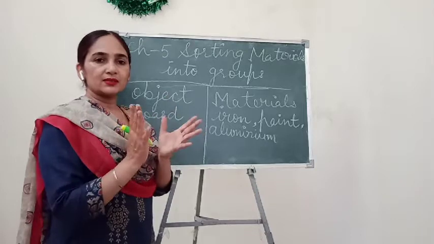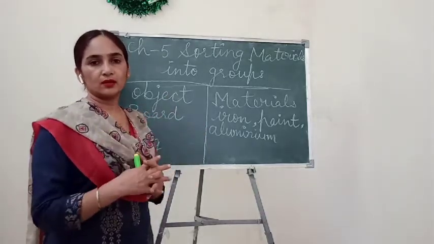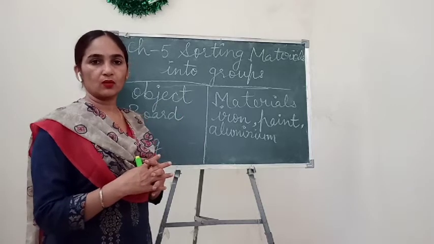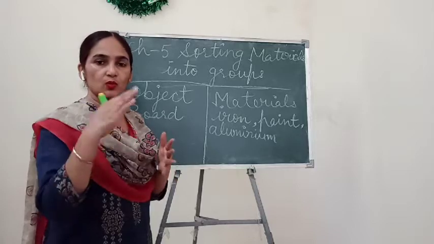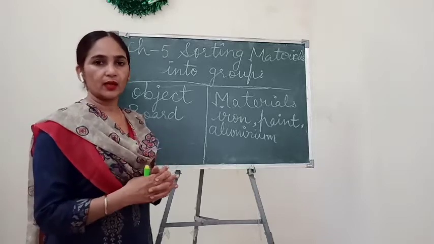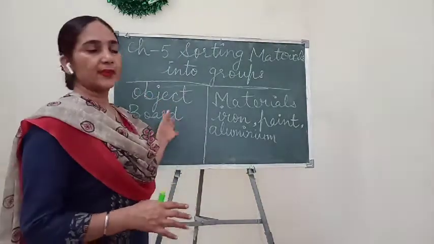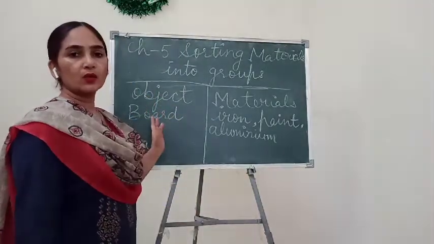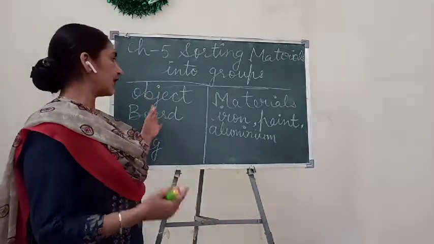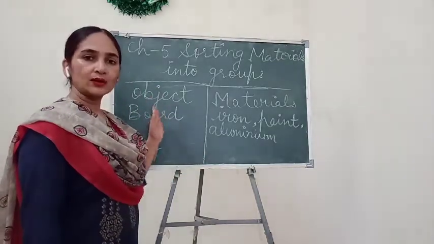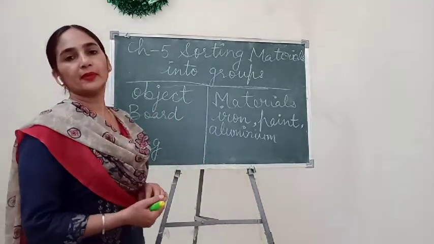So these three kinds of materials they use to make your school bag. Okay, and somewhere they use that plastic coating also to make it waterproof. Okay, and in the same way, some examples you can write down here your own. Any object you can take as an example, and you can find out that all the objects are made up of different types of materials.